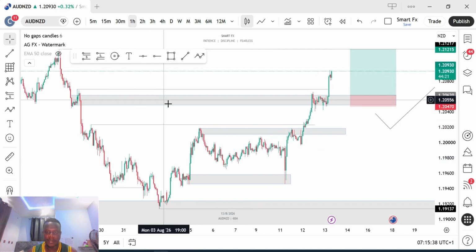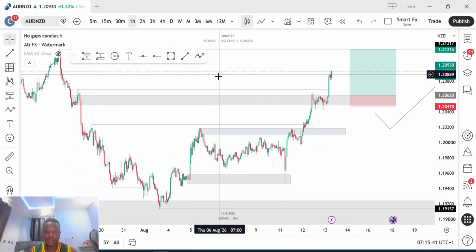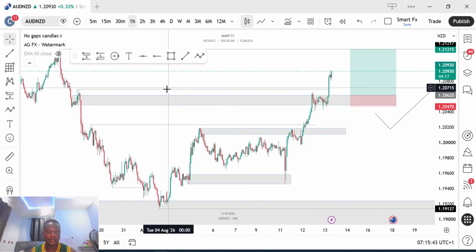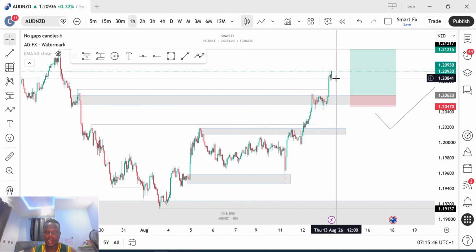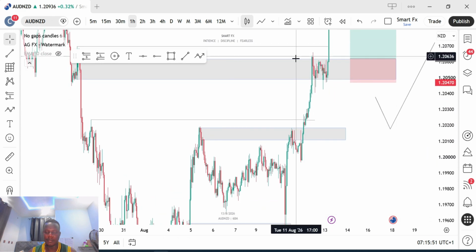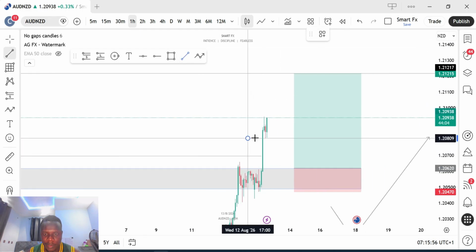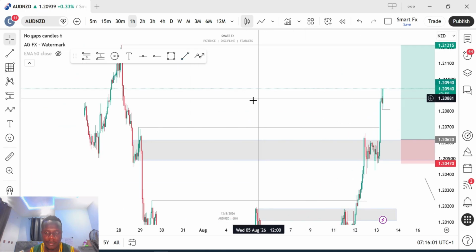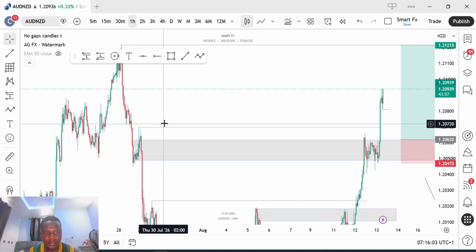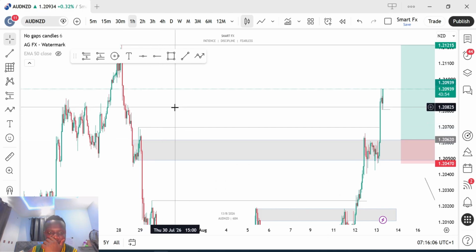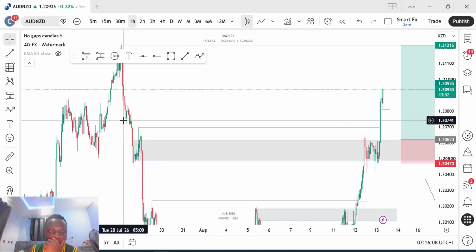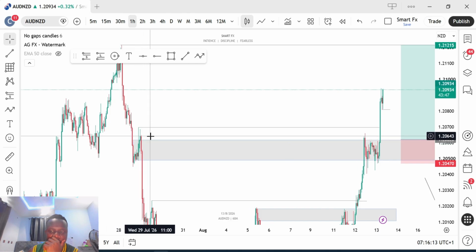Okay, we have another multiple breakup structure that happened in AUD and NZD, which I'm going to capitalize on. So if this particular candle forming now finally closes above this high after 1 minute, after the next 1 hour, then I am going to take a buy. I'm going to ignore this breaker block though, because it's not really that visible, and take a buy from here.